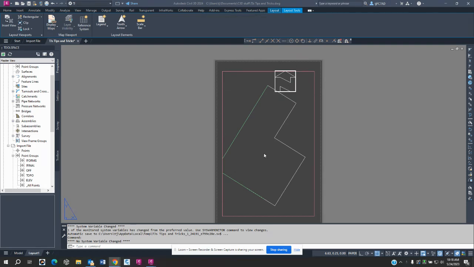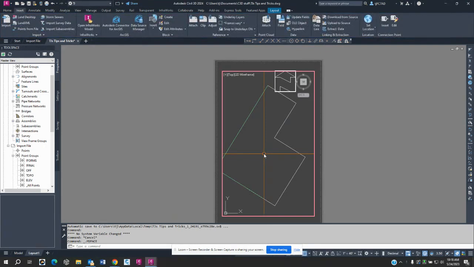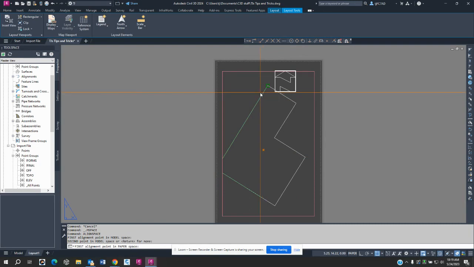So what we will do is we will double click inside our paper space, which is called floating model space, and we will give it the ALIGNSPACE command. And I will click on the two endpoints. You can't see one here because it's out of the viewport, but there's the endpoint, and then there's the other endpoint. And I will pick the edge that I want to rotate it to in paper space,